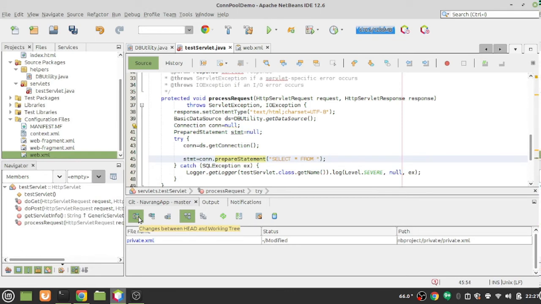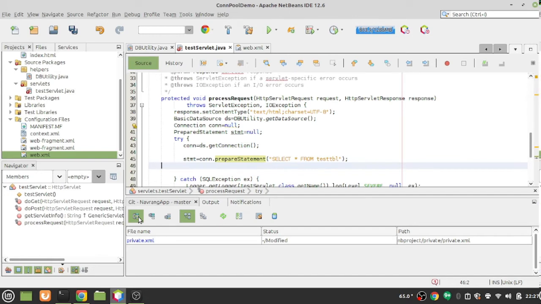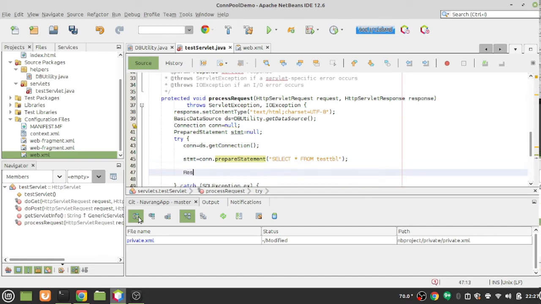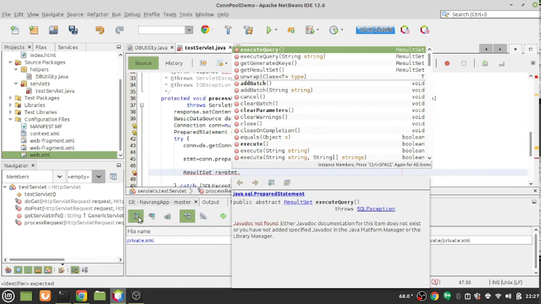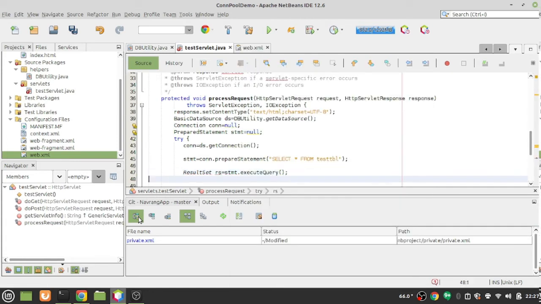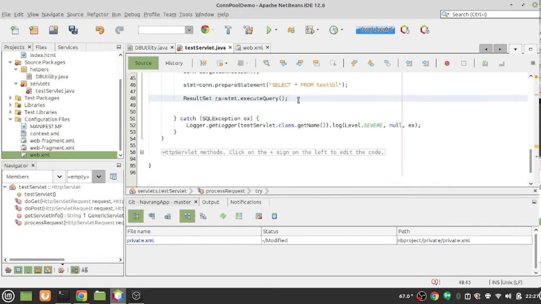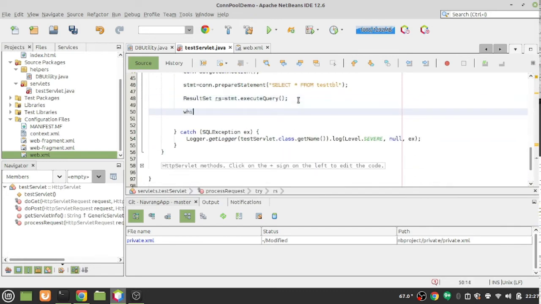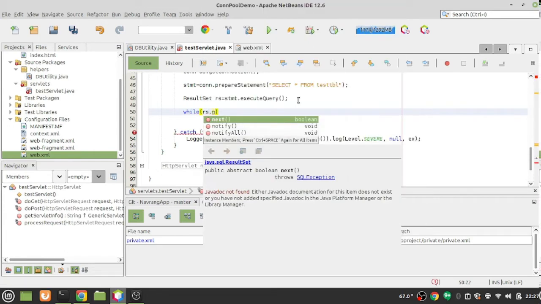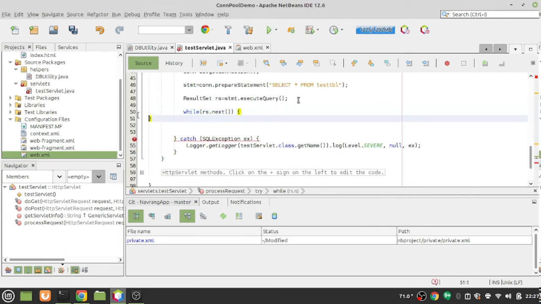Okay, test tbl, and what we'll do is we'll have a result set for this thing. ResultSet rs is equal to stmt dot execute query, and here while rs dot next is simply,